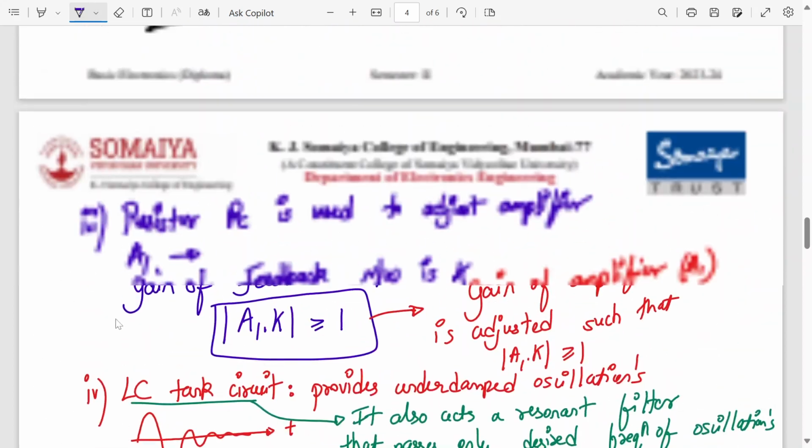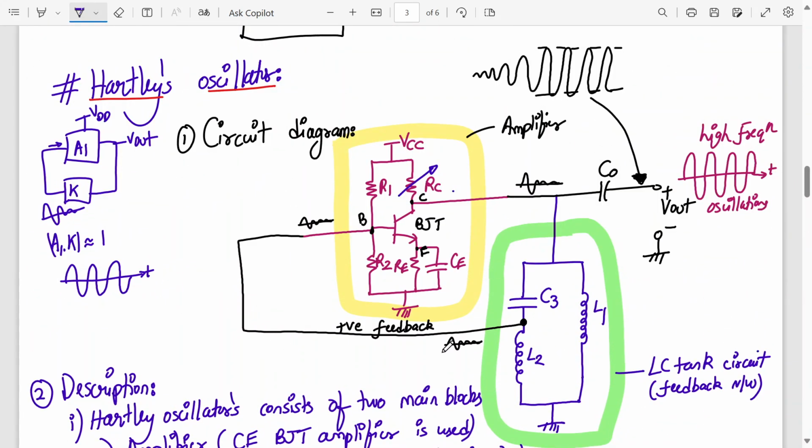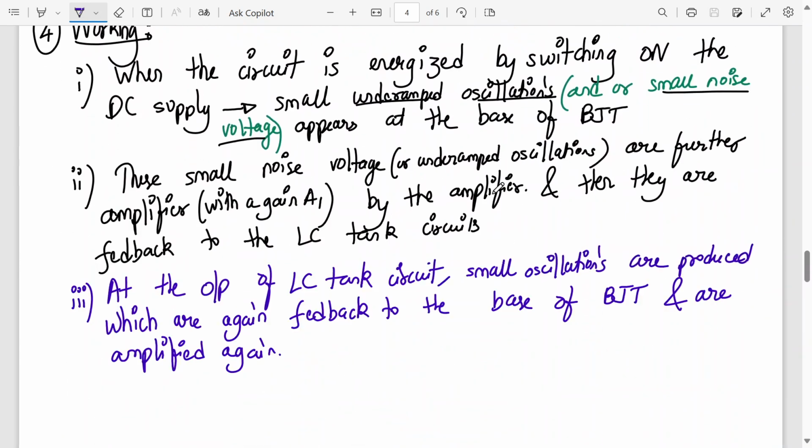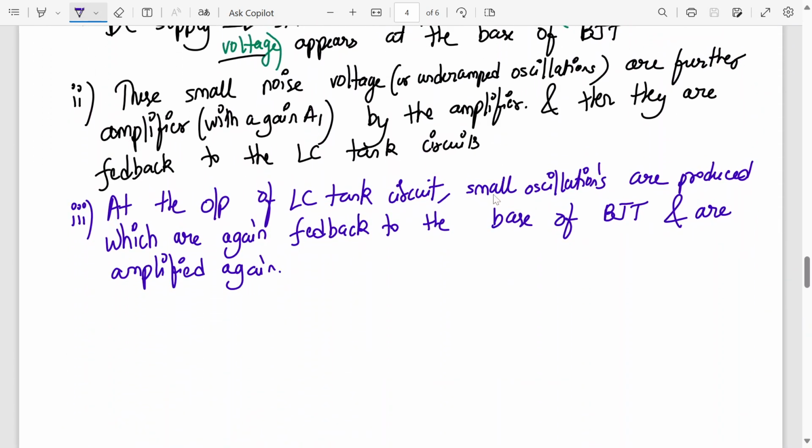So this process, wherein we have small underdamped oscillations at the output of the tank circuit being fed back to the base of the BJT, amplified, and again fed back to the LC tank circuit, will go on until we obtain sustained oscillations like this of constant amplitude. So please write down point number 4. So this process continues till